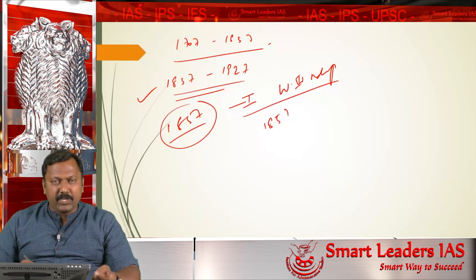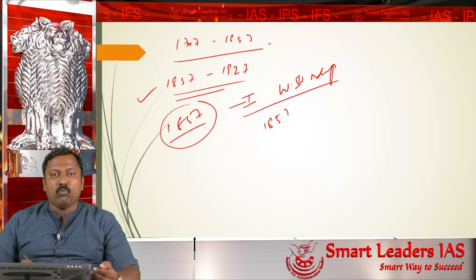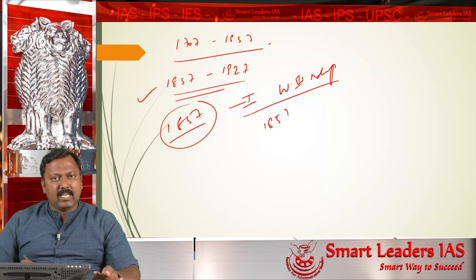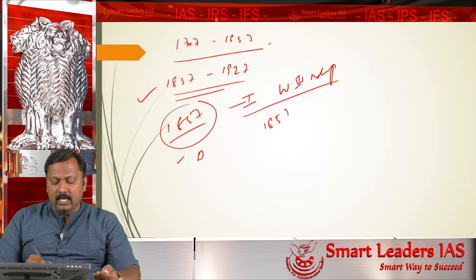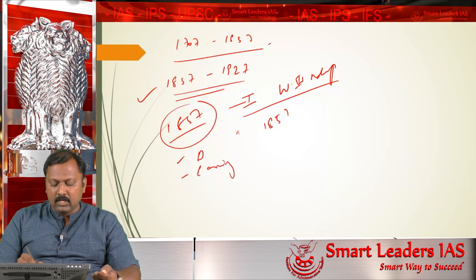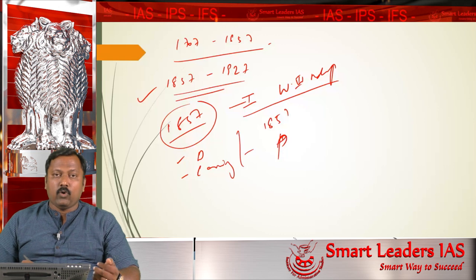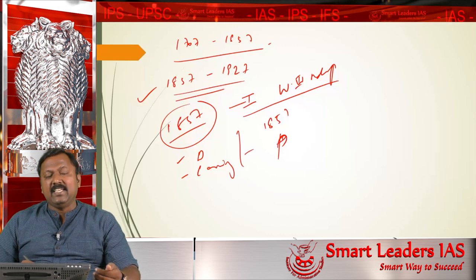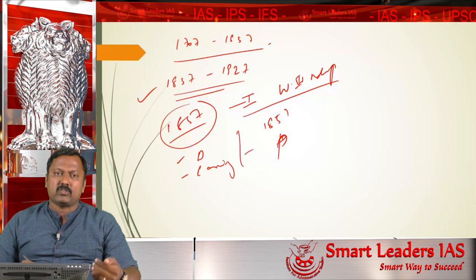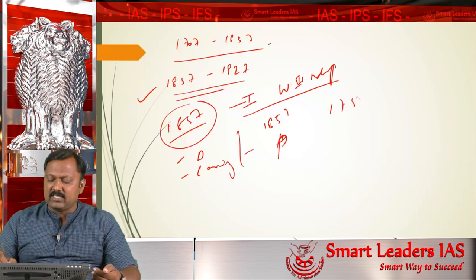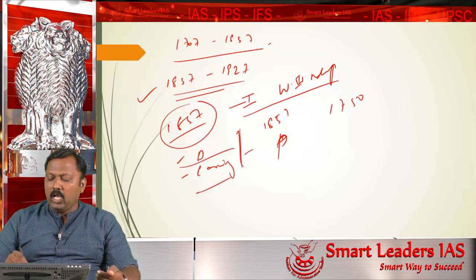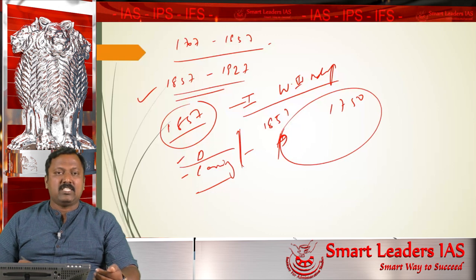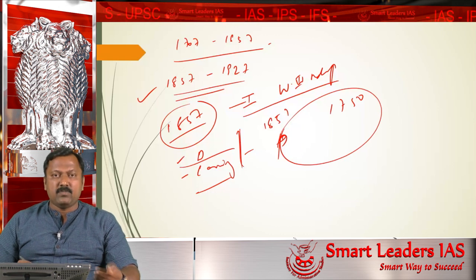I have done a separate video on the revolt of 1857. Please watch that video for understanding the causes and the consequences of the revolt. Here I am just saying that the policies of Dalhousie, which I have discussed already, and the policies of Canning, these two governor generals over a period of time, the long pending grievances of different sections of society starting from the 1750s, and the immediate policies of Dalhousie and Canning, all were responsible for creating a condition which necessitated the Indians or the sepoys to revolt.